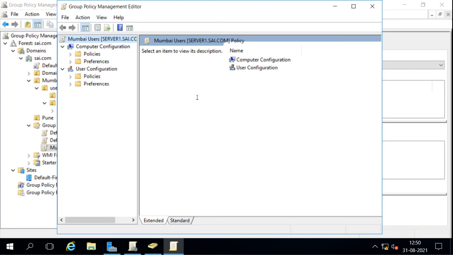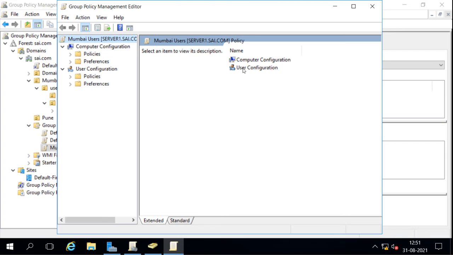Now remember, there are lots of policies, and for applying some specific policy, you have to decide first what you want to do. Based on that you can search for the policy. For example, you want to apply some policies for users' desktop. You want to apply the policy for users' desktop related settings. Now you know what you want to do. You want to do the policy for the users' desktop.